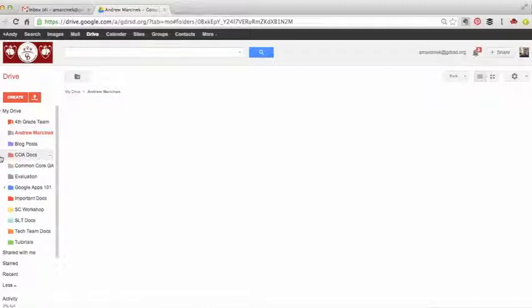So these are a couple ways in which you can use Google folders and Google shared folders, which can really help you collaborate and connect with a lot of the things you do, not only with your students, but with